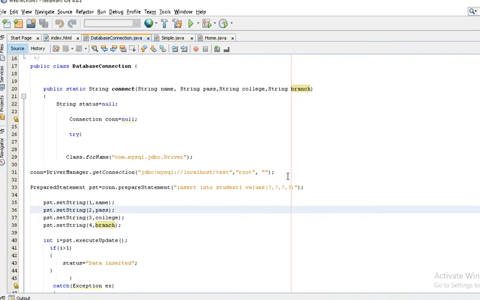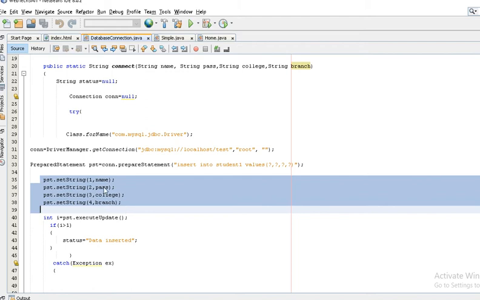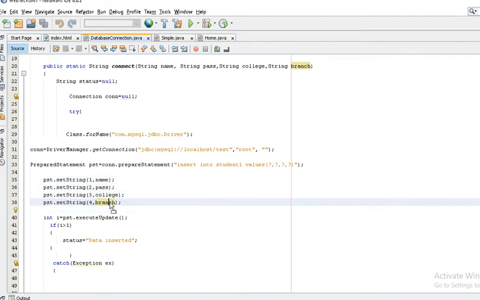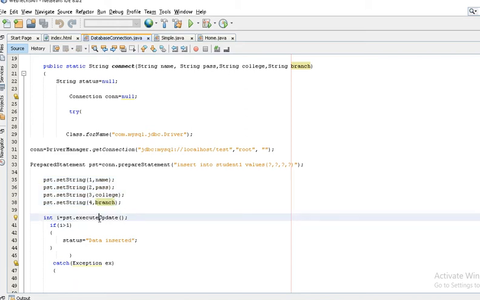We have already seen the student table. There are four fields we have taken: name, password, college, and branch. This is the part to set the values inside the database. After that, using the prepared statement method, executeUpdate, it will return a numeric value.